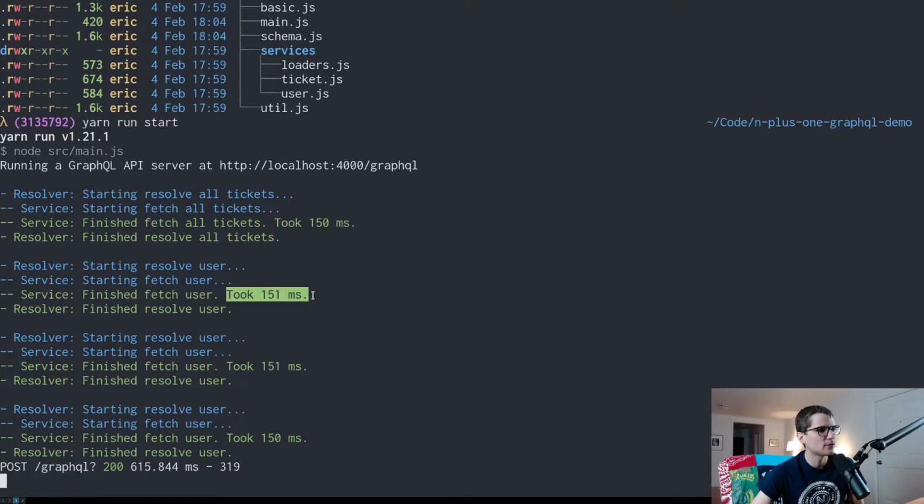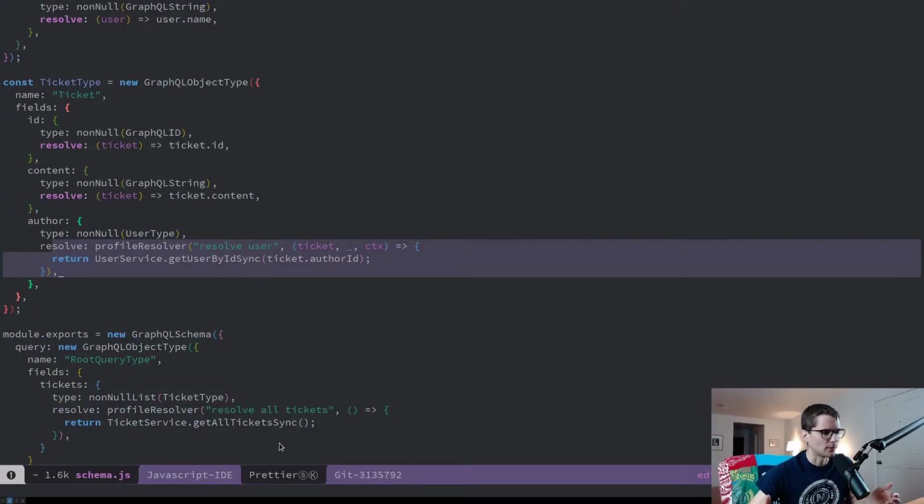But then we did 3 separate calls to users in serial, and then of course we ended up with 600 milliseconds of latency at the end. And so, now that we've established where this problem comes from, how do we solve it? Well,